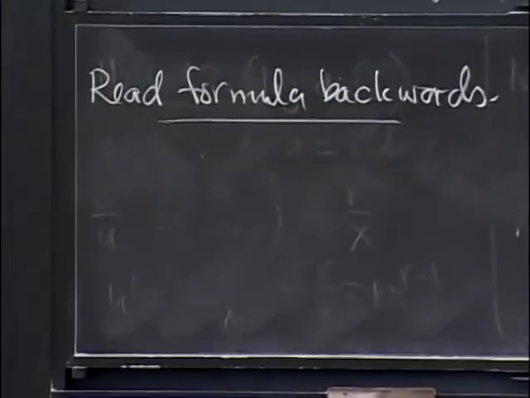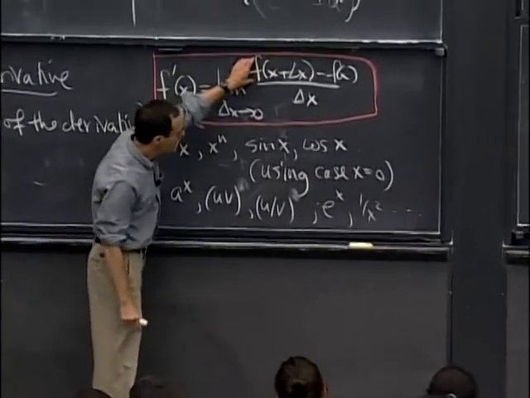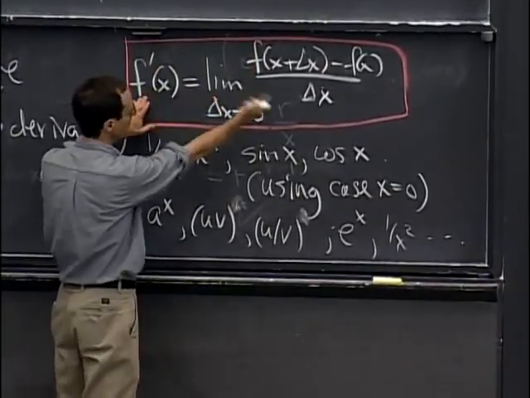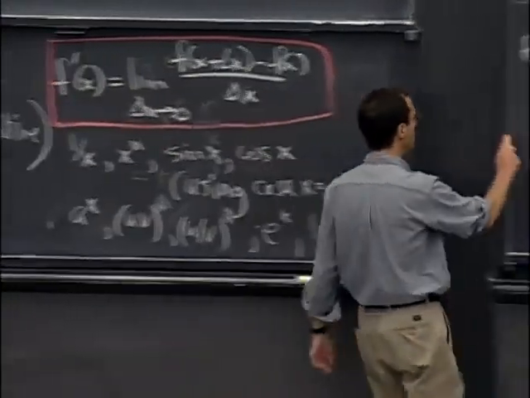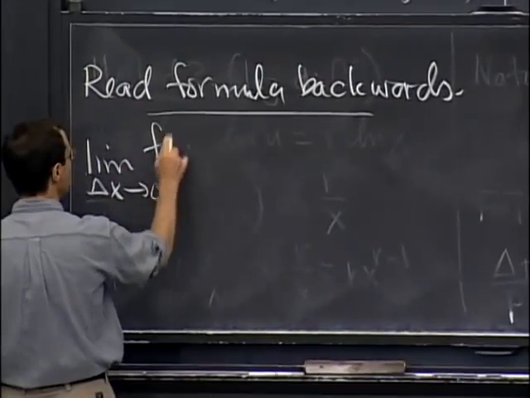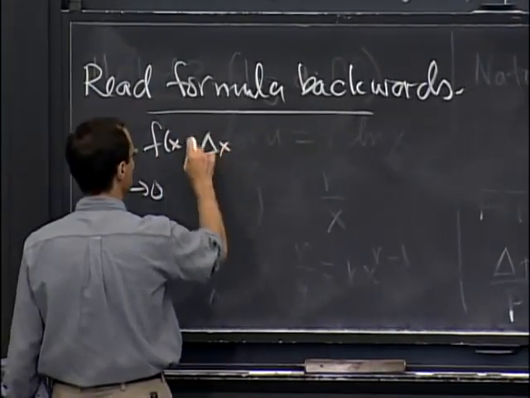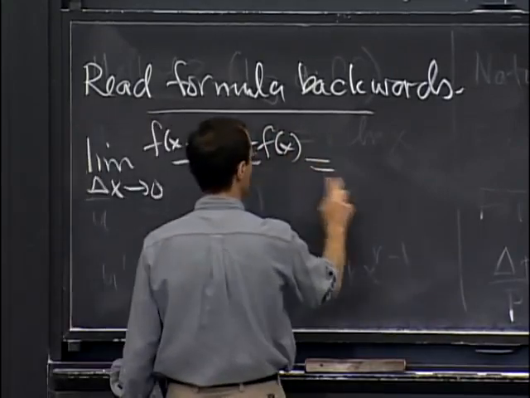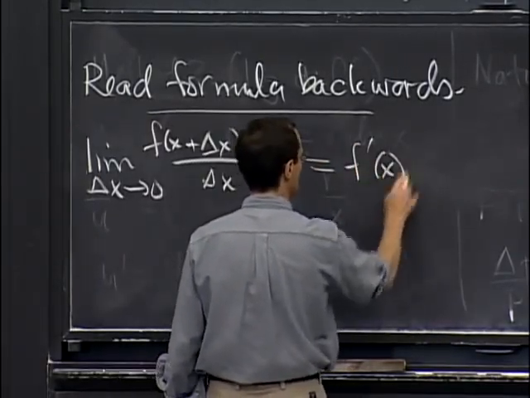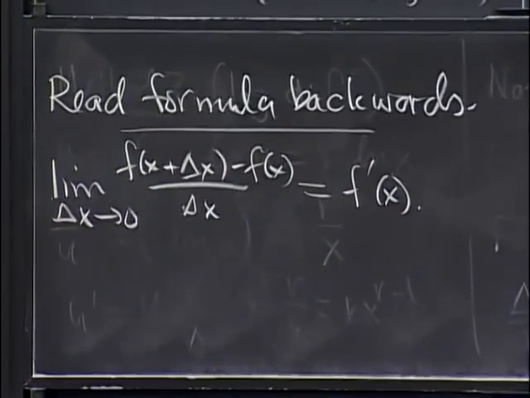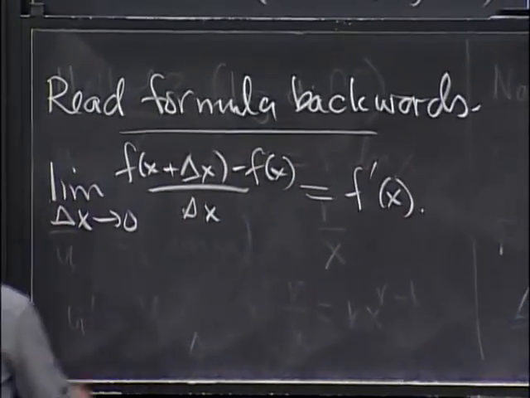Namely, if you're given the function f, you can figure out its derivative by this formula here. That is the formula for this in terms of what's on the right-hand side. On the other hand, you can also use the formula in this direction. And if you know the slope of something, you can figure out what the limit is. For example,